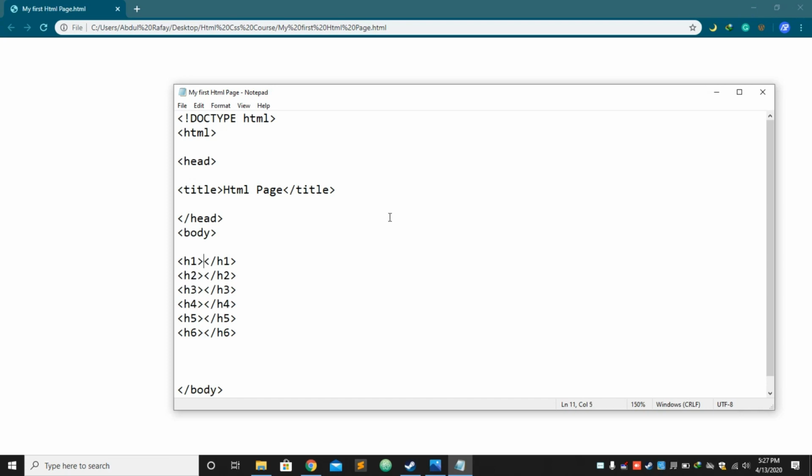Now we can say it my first heading. This is second heading. Third heading.